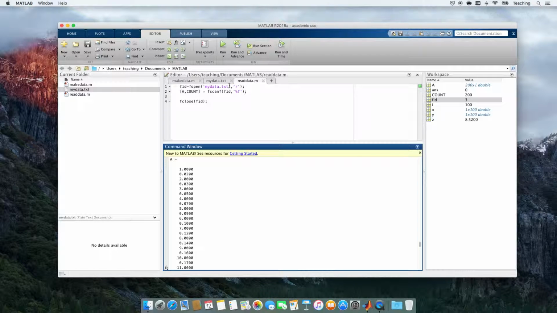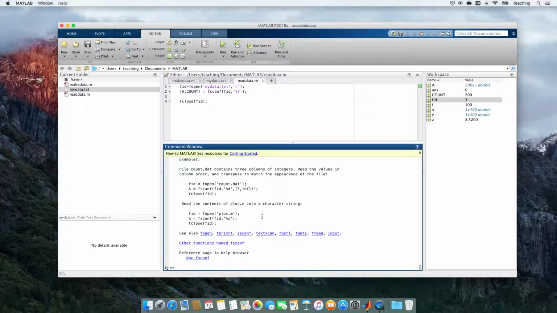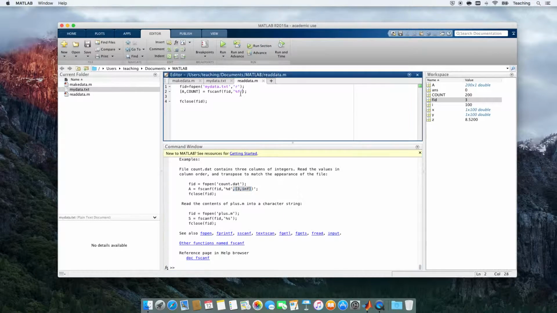So perhaps that formatting option, which was given at the end of the help file, might help us. So we'll have a look at help fscanf. You can see that we can try out commands and we can massage them and gradually adapt them until they give us the result we want. If we type 2,inf, yes, you see file count.dat contains 3 columns of integers. Well, we have 2 columns, so presumably this 3 must be turned into a 2. So we'll copy that text and put it into the top here, and we'll turn that into a 2,